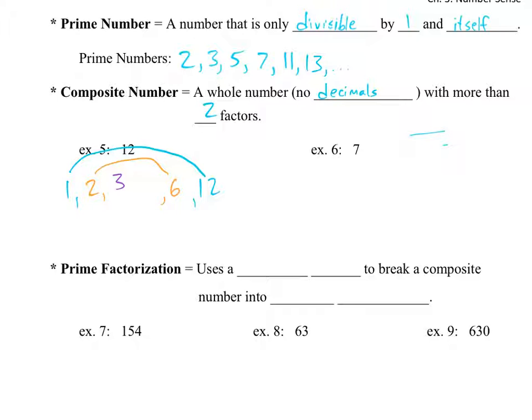Yes. 3 and 4. Yep, 3 and 4. So 3 and 4 are kind of connected. So you're done. You kind of met in the middle. So 12 has 6 different